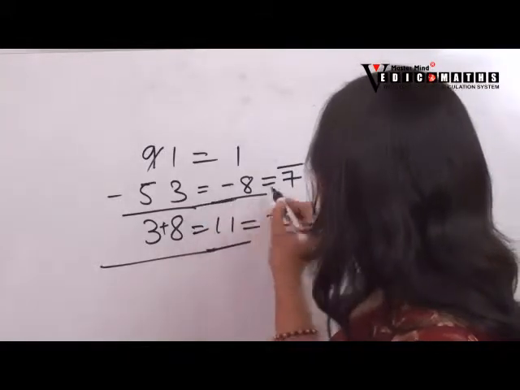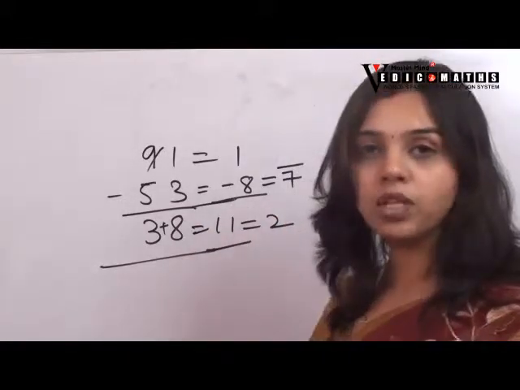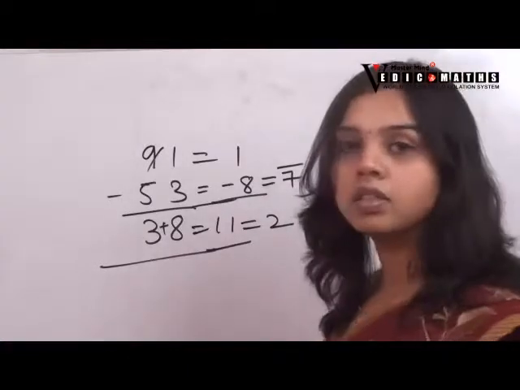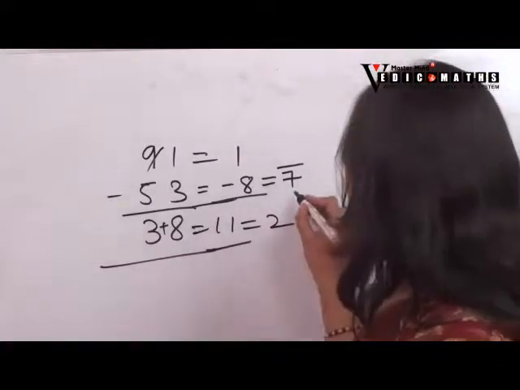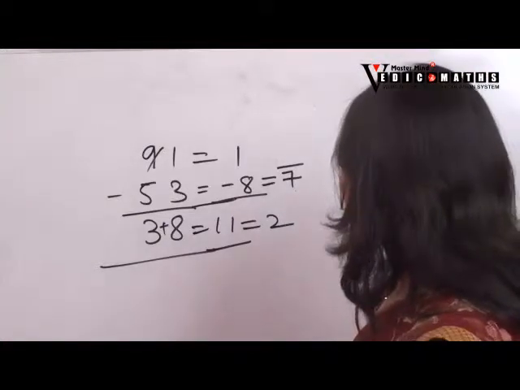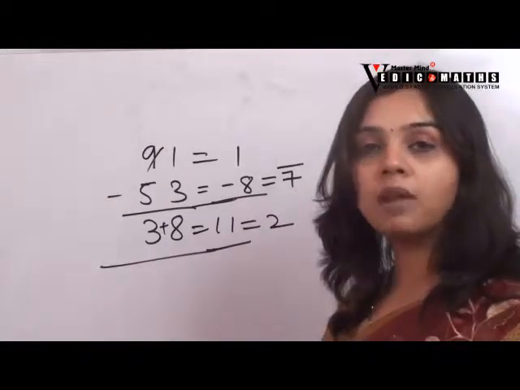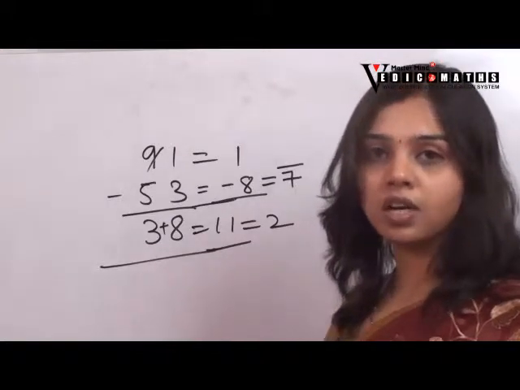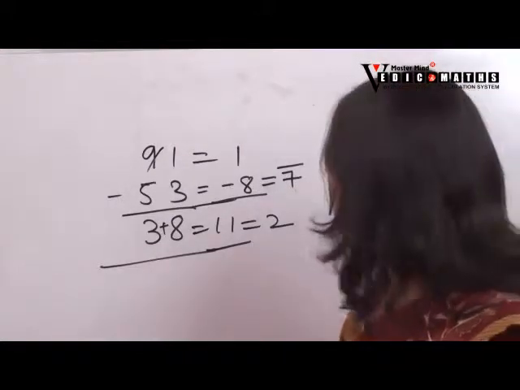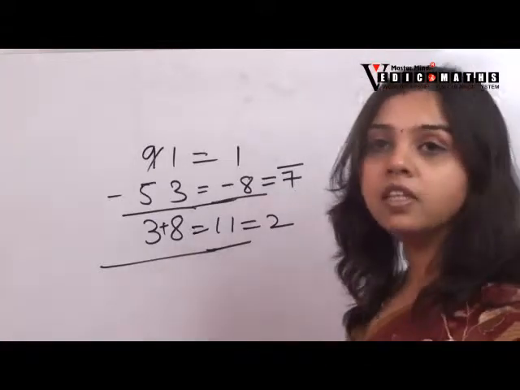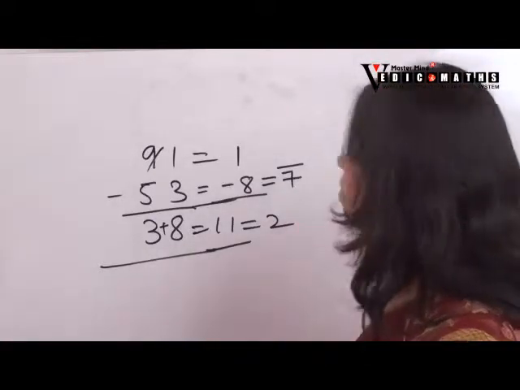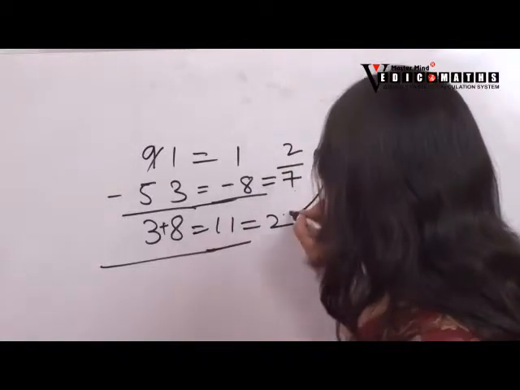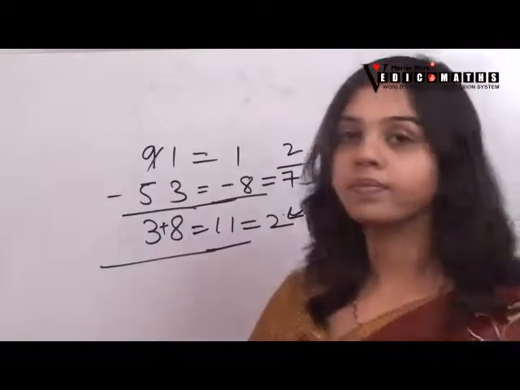From the question we got 7 bar and from the answer we got 2. We have to convert it. 7 bar, that means complement of 7. But we have to take the complement of 7 from 9 because we are doing Navanga. In Navanga, we always take complements from 9. That means complement of 7 from 9 is 2. This is also 2. So our answer is correct.